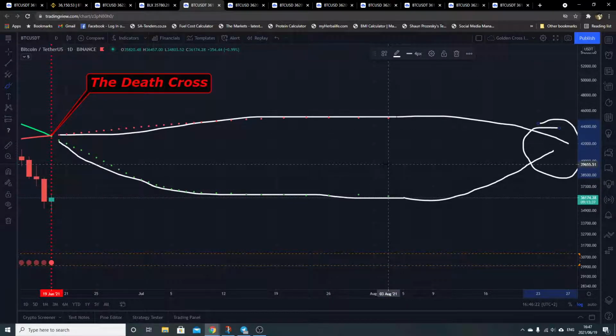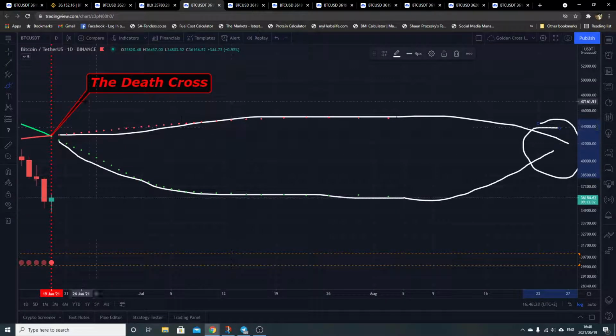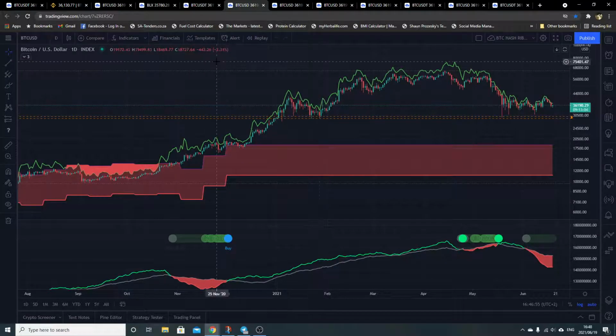So in these three charts, I will be discussing the death cross and the golden cross, and what we are going to expect. And in between that, I'll be showing you my trades, whether it's going to be short or long. So we're making money during this stage, okay, and not just sitting and waiting and hoping that Bitcoin goes up. Okay, the next chart, I'm going to be discussing the